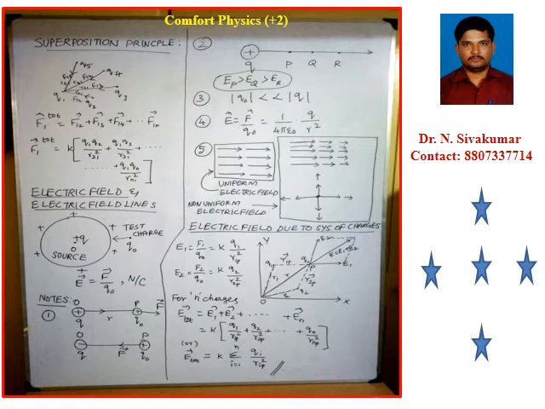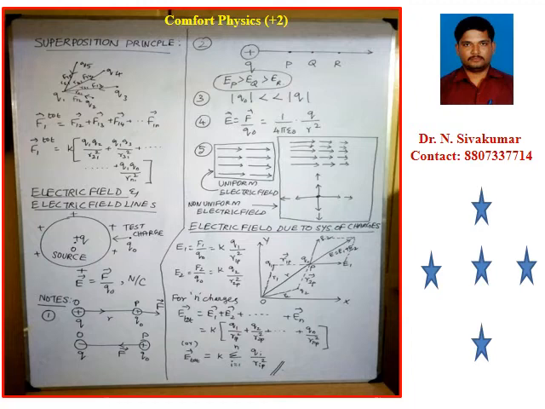Then, number 4. The electric field E is equal to F by Q0. But we know if you are having two charges Q and Q0, there will be a Coulombic force. What is Coulombic force? 1 by 4 pi epsilon naught Q Q0 by R square for the system of charge Q and Q0. Since we are discussing about electric field, it is force by test charge. Therefore, here the another formula of electric field is 1 by 4 pi epsilon naught Q by R square.